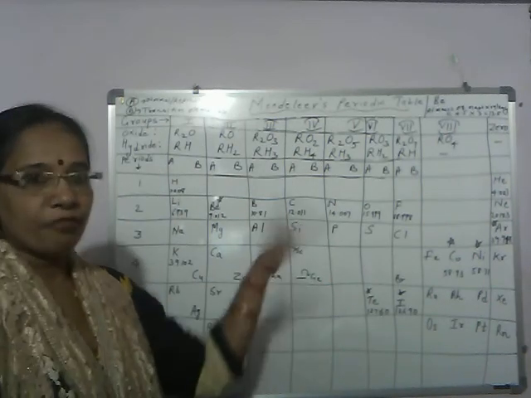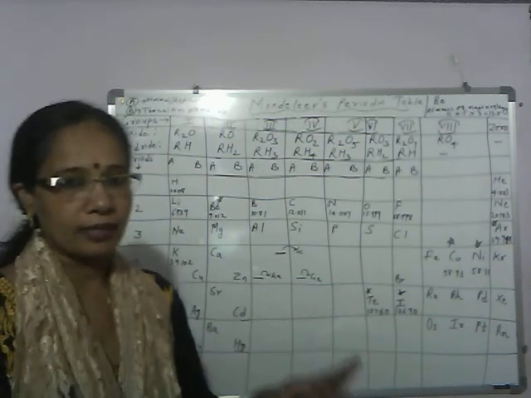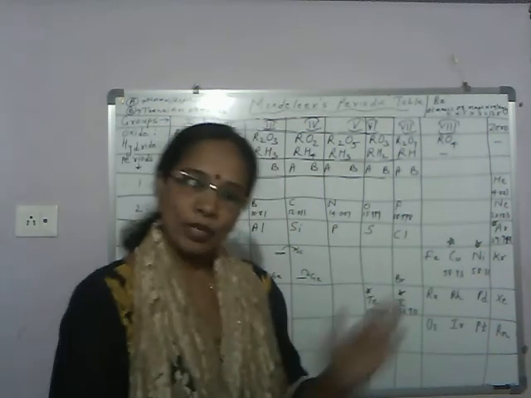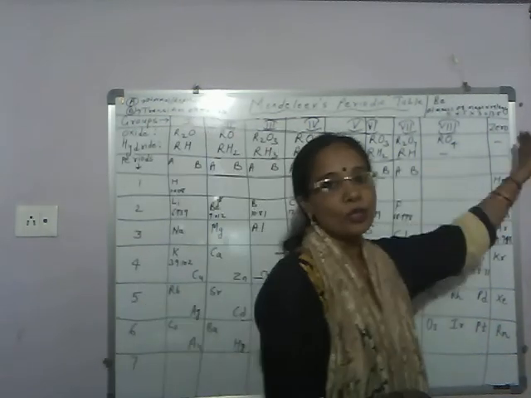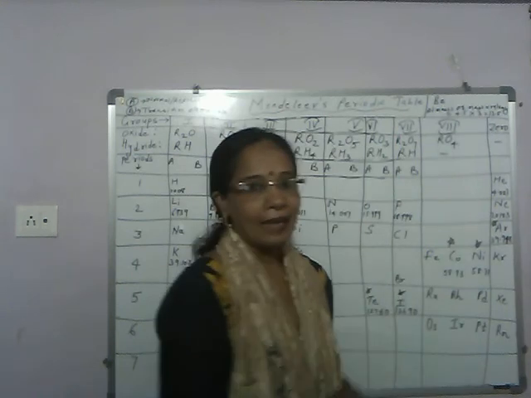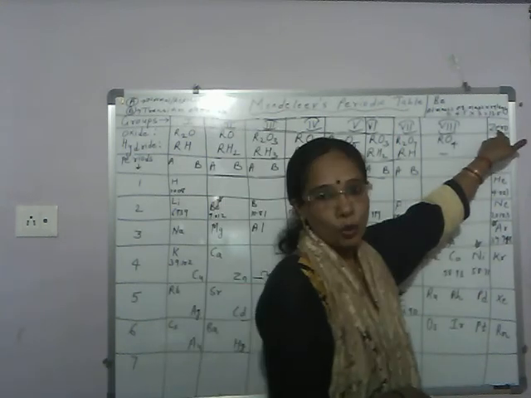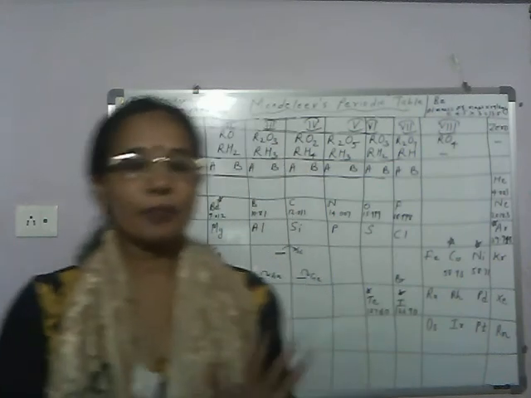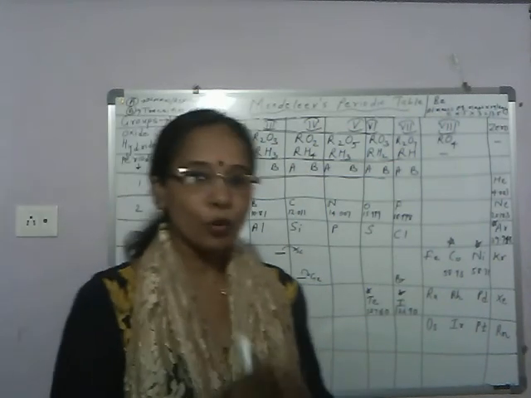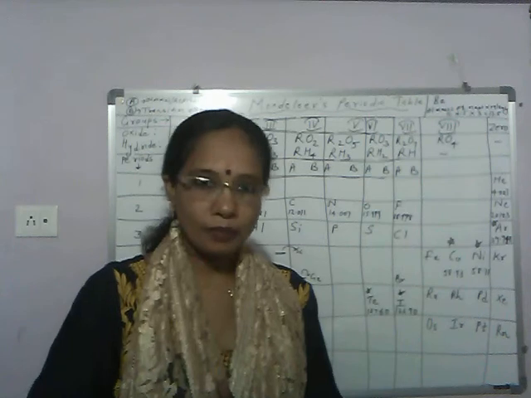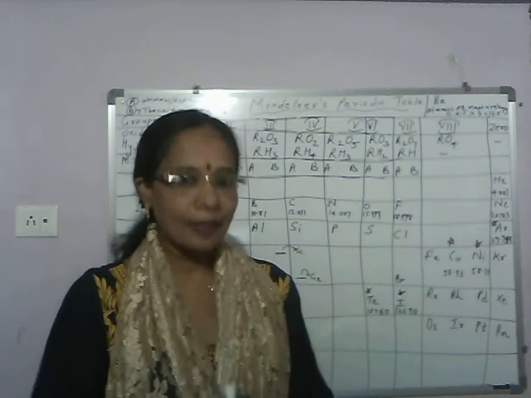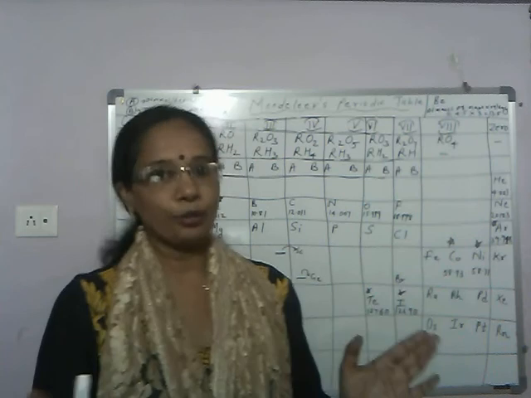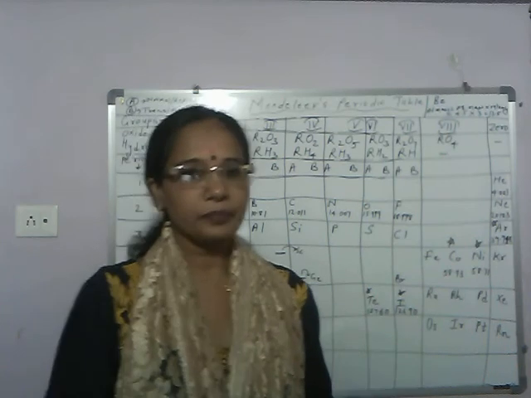And at the time of Mendeleev, noble gases were not discovered. It was discovered around 1900. So it was placed at the last without disturbing the table, and it was given the name, the group 0 group. Okay. So in Mendeleev's periodic table, how many groups? Groups means vertical column, 8. How many periods? Periods means horizontal rows, 7. This you should know. Clear?